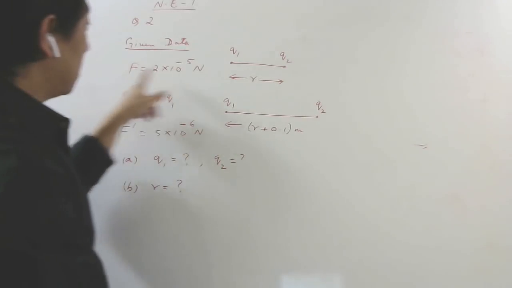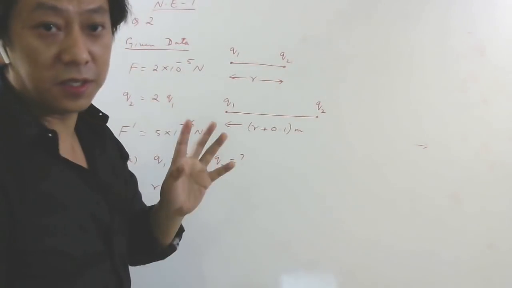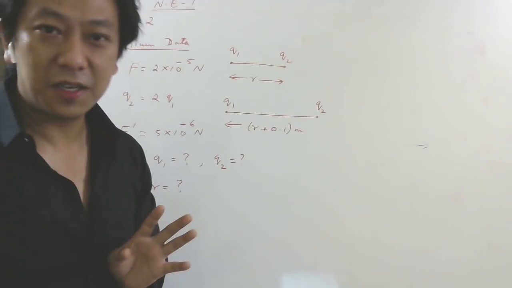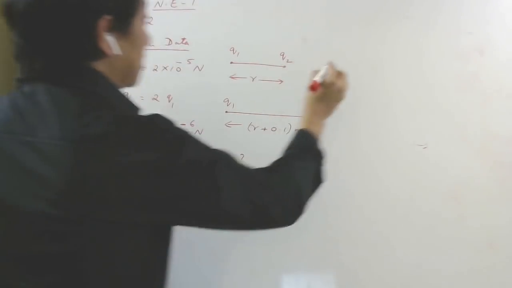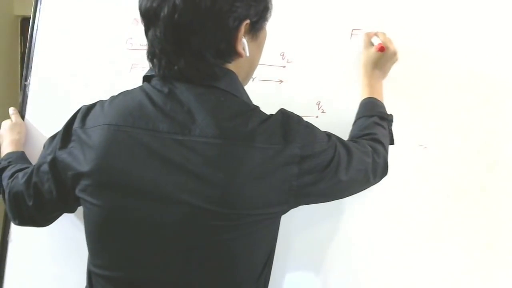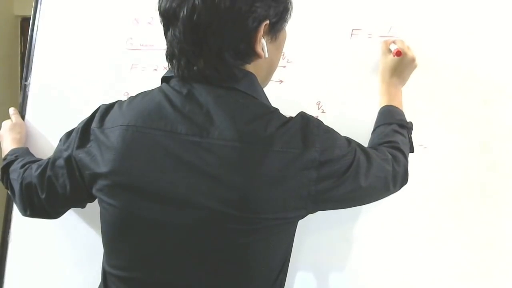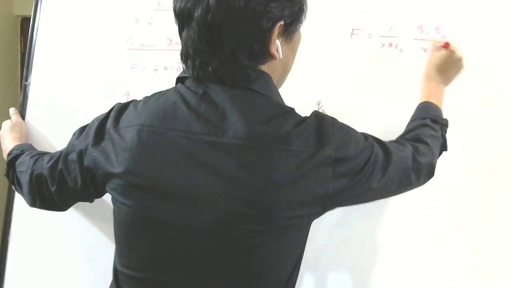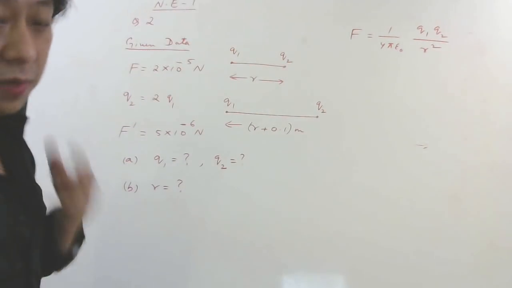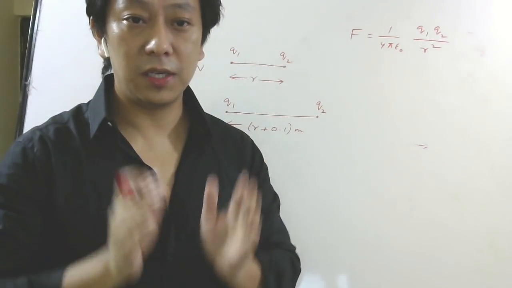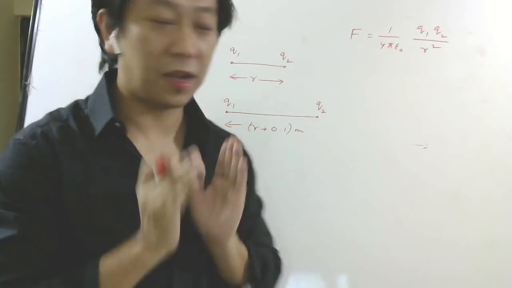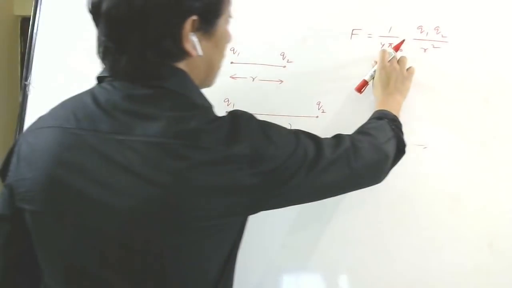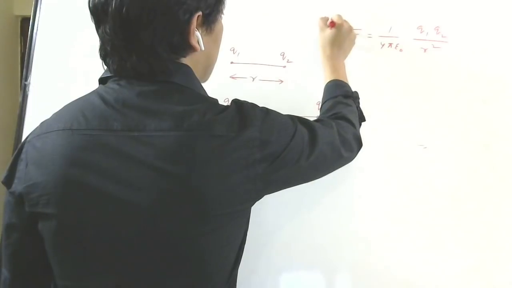The force is given between these two point charges. These are small spheres, so we will consider them as point charges. So let us write the formula, Coulomb's law. F equals 1 by 4 pi epsilon naught Q1 Q2 divided by R square. Medium is not mentioned. When medium is not mentioned, always assume it is air, or you can assume it is vacuum. So I have written epsilon naught. This is your first case.